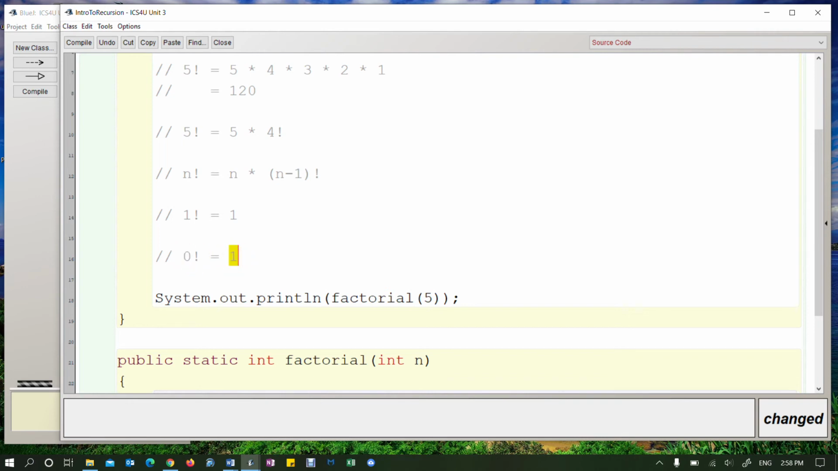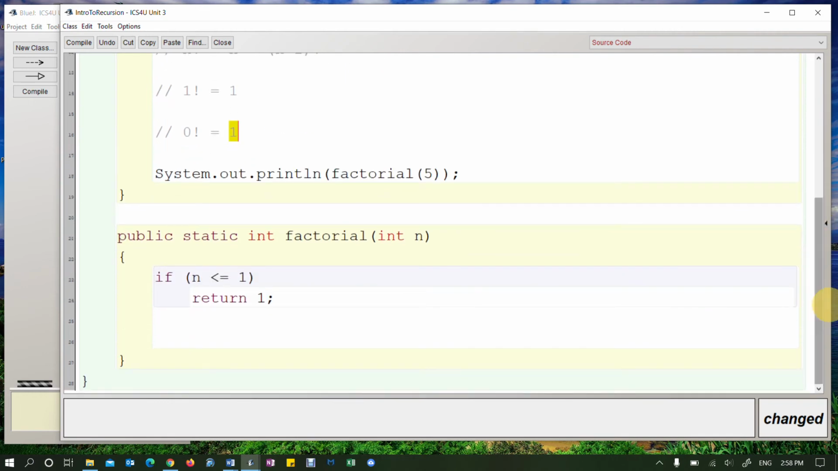So this is actually convenient for us because we can say if n is less than or equal to 1, then we're going to return 1 and we're done with the method. All right. So the harder part is saying, well, what if it's greater than 1? What if this parameter is like 5? Well, we're going to return n, so